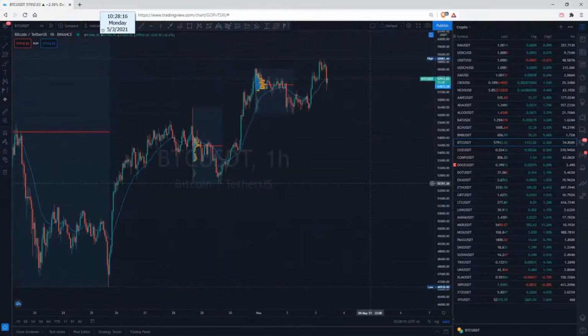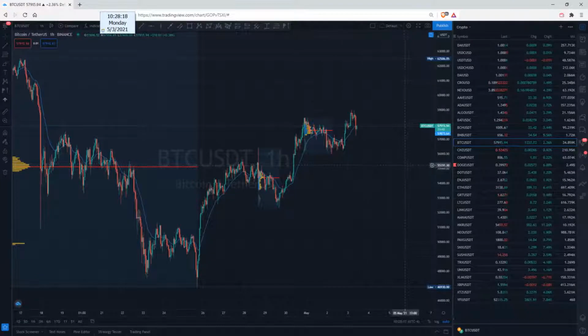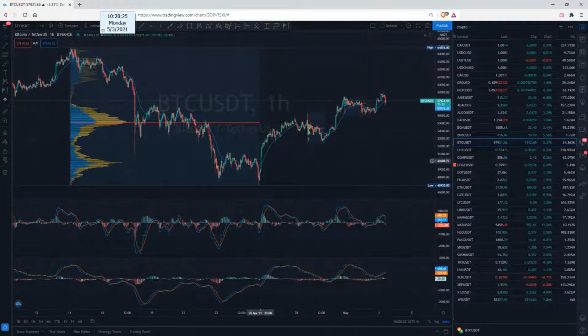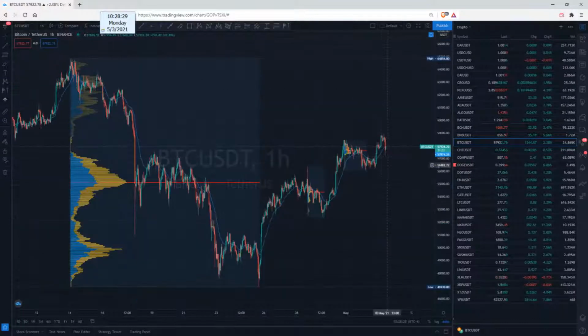Bitcoin's getting a little bit of a pullback. If they really want to pull back with any substance, though, they're going to have to dip back to 55K. That's too big of a psychological level to leave it behind. We've got a 3-press top. There's divergence going across all three. We've got an undertow. It's telling us to expect a deeper pullback. I just don't want to be long here.